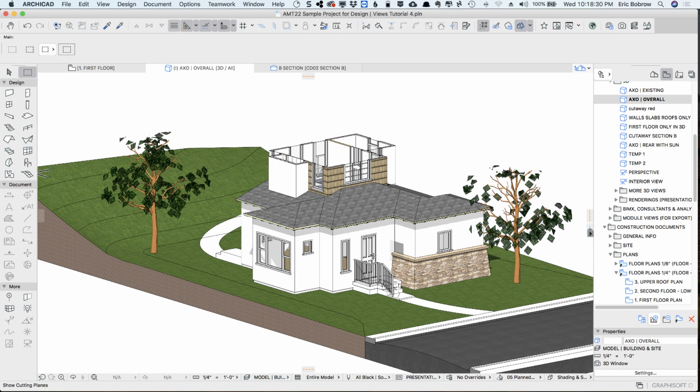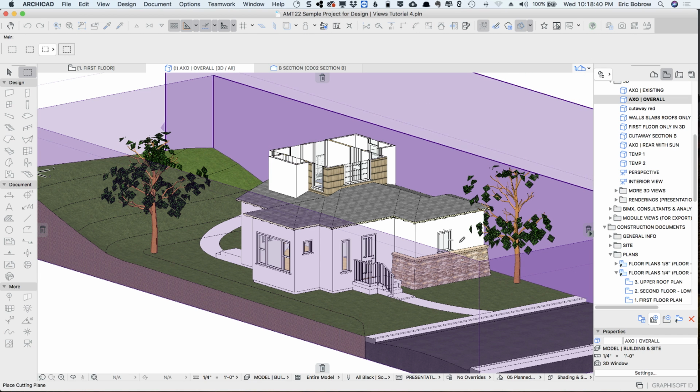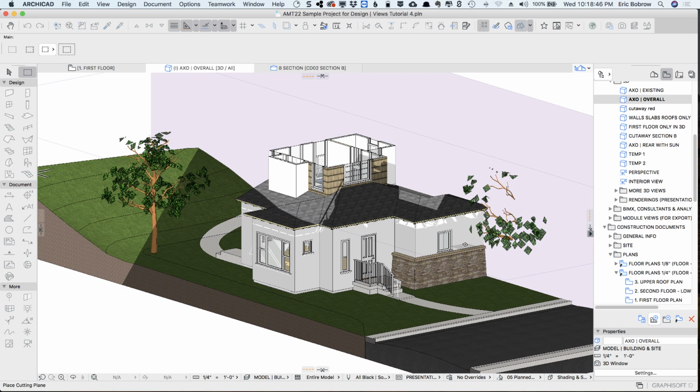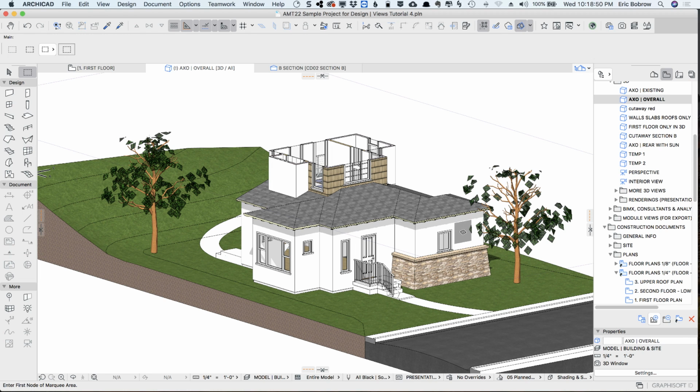Now if I wanted to do a cutaway of a different face, I can drag this in from the side. So I can press down and drag this in here. But you see, in this case, it's coming from the back side. So that's not what I want. So I'll just cancel this. What I want to do is a custom cutting plane. If it doesn't immediately give me the right one that I want,